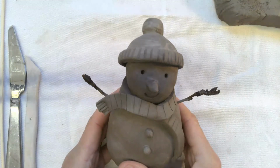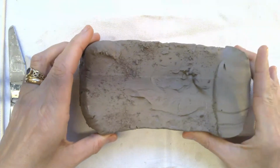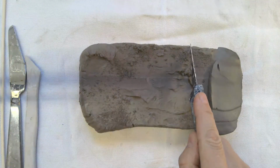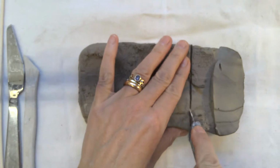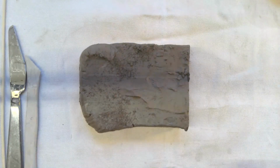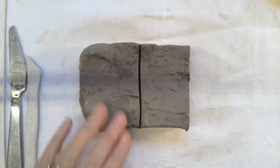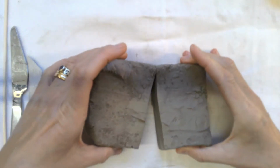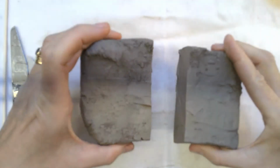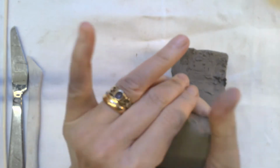the features. So starting off with the clay that you've got in your pack, so you should have something that looks like that, and what we're going to do is go for 2/3 are going to be the body, and the rest we're going to put to one side to use for our head and also the features. I'm then going to cut that in half. Now I want that nice and even, so I want a similar sort of weight for both. You can always hold it and decide on that, and then what we're going to do is roll that into